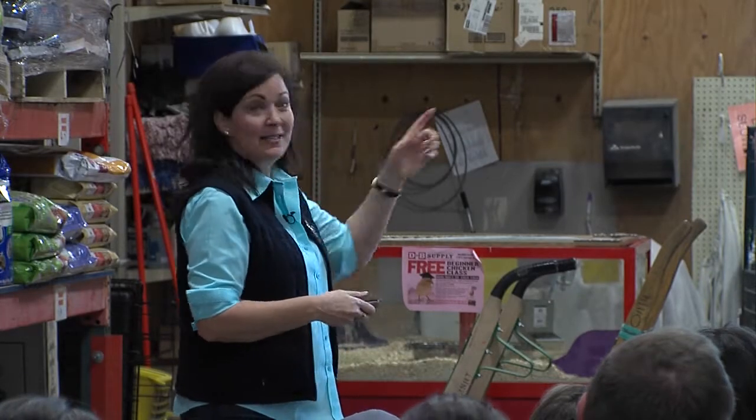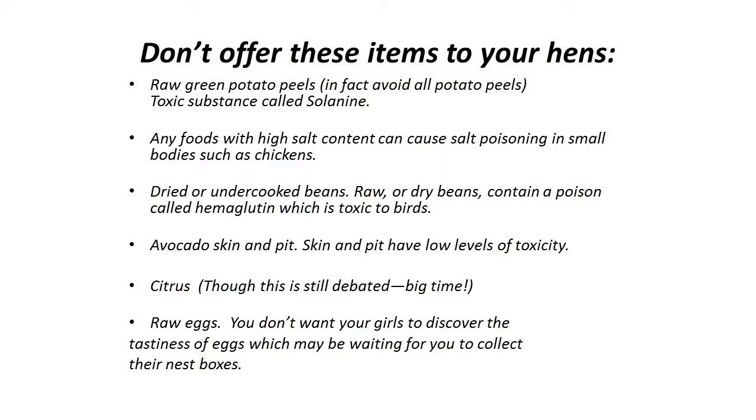Don't offer your hens these things. Raw green potato peels, because they contain solanine. That's not good for them, or you and me. Any foods with high salt content, dried or undercooked beans, avocado skin or pit. Citrus, though this is still being debated, because in the warmer climates, like in New Mexico, Arizona, California, Texas, you